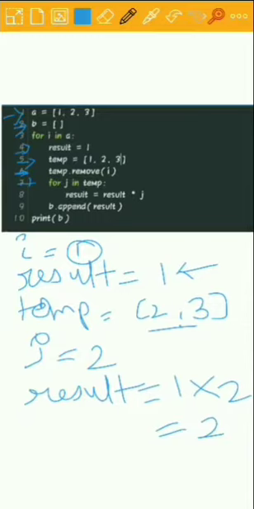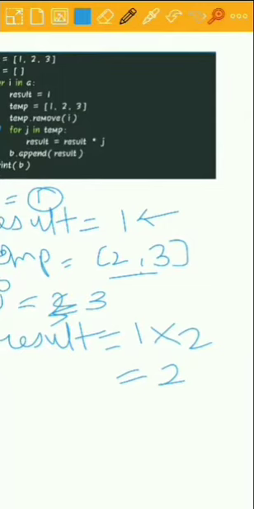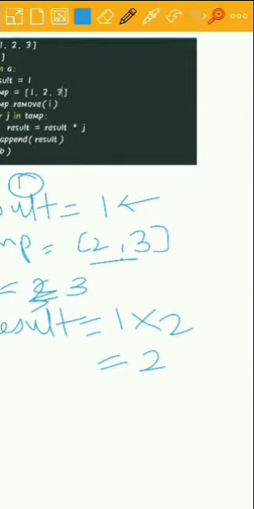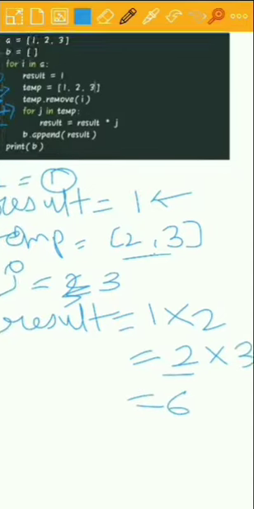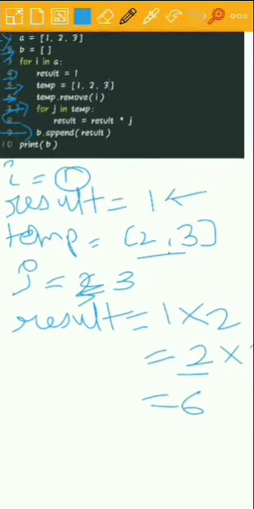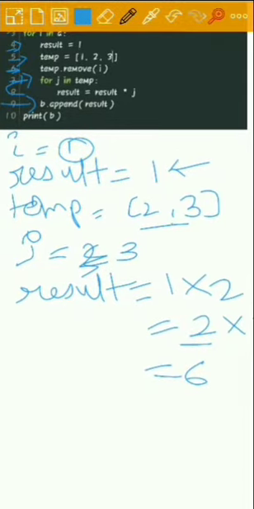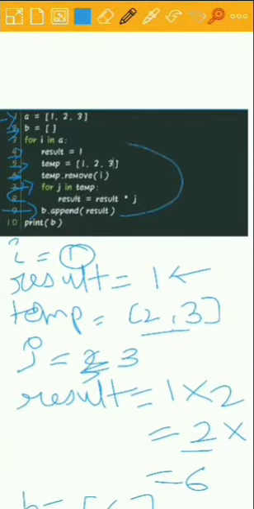Now control will go back to line number 7. Now j becomes 3, and again inside the for loop it does multiplication. Our result value is 2 and j is 3, so 2 into 3 is 6. Now at line number 9 it will append the result to list B, so our list will become like this. Now again control will go to line number 3.